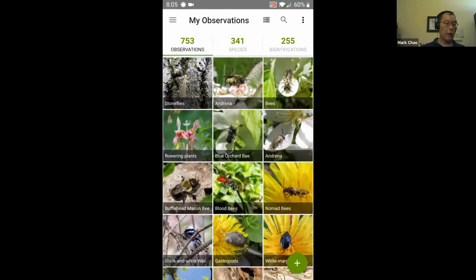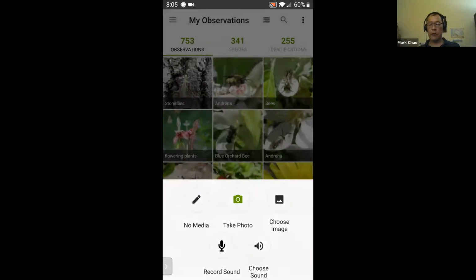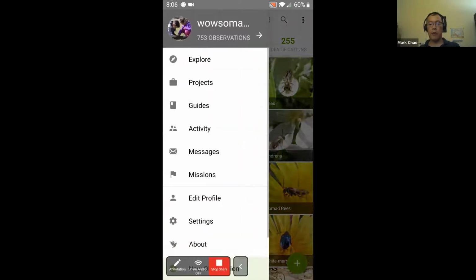I showed you how to upload a photo before, and if you happen to have photos on your phone, you can upload them. But I'm now going to show you how to actually use iNaturalist to take a photo from within the app itself. So I'm going to click on this plus on the bottom, which is to submit an observation. And actually, I can also go to new observation over here,